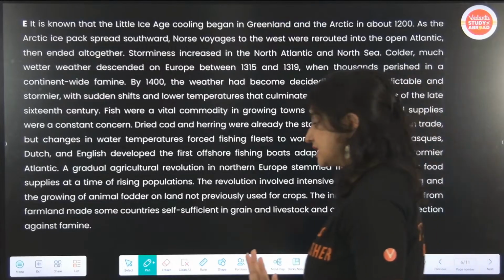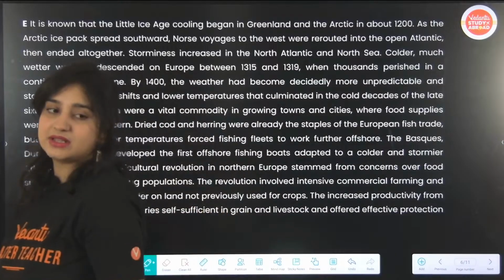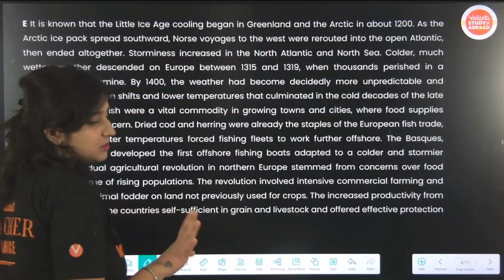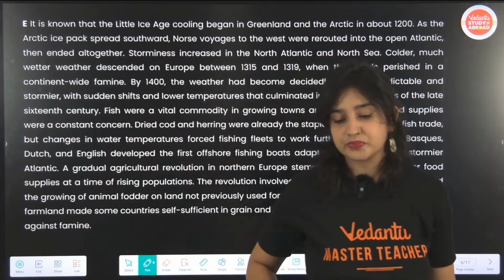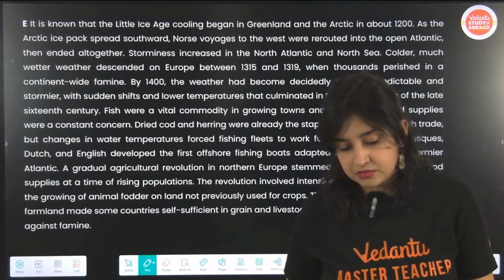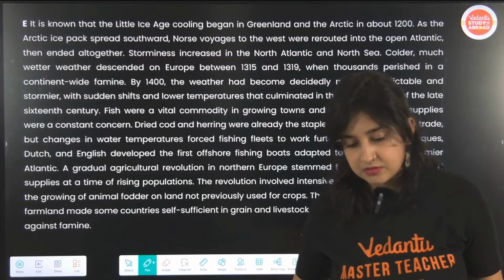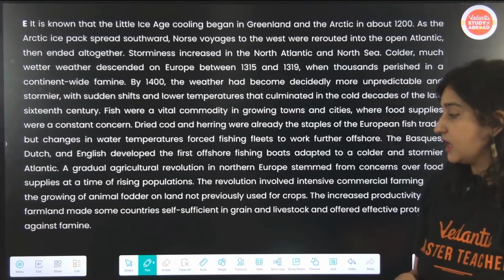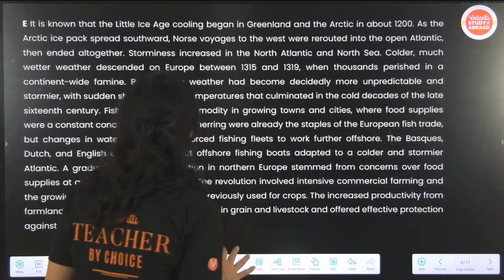Tanmay, all you're saying is it's about the Little Ice Age. Is that all the information? So much is being said and all you think the notes that you need to take are Little Ice Age. If we were to underline keywords,